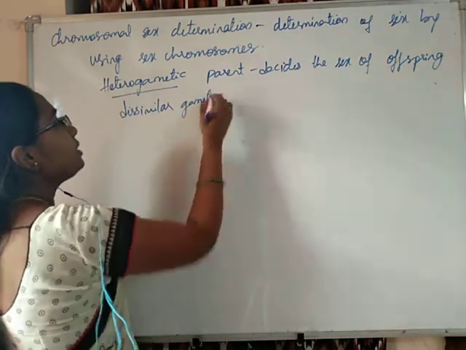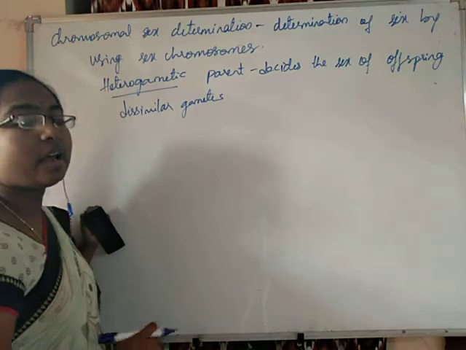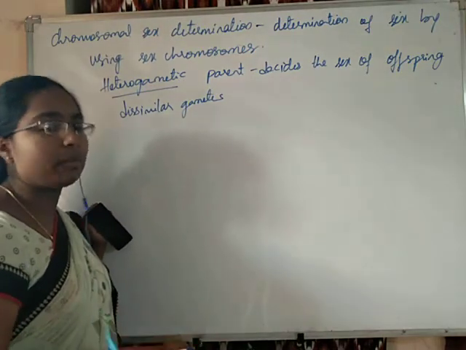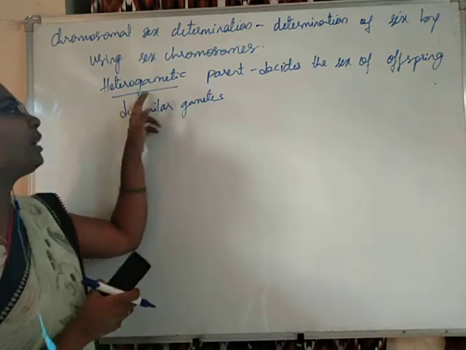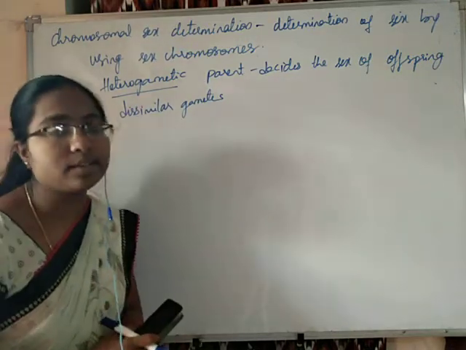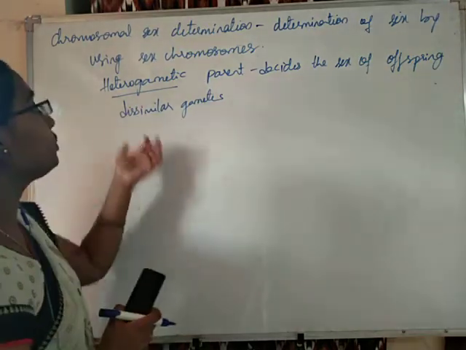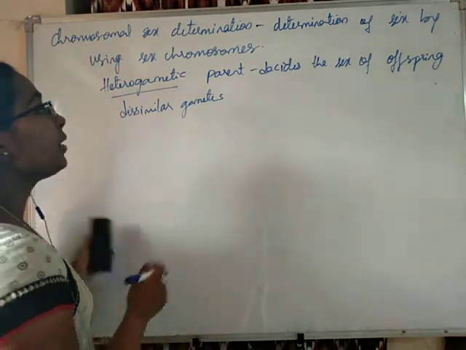When one parent is heterogametic and one parent is homogametic, then definitely the heterogametic parent is the one who decides the sex of the offspring, because it is producing dissimilar gametes, and depending upon